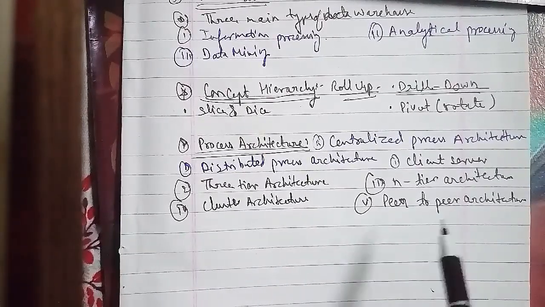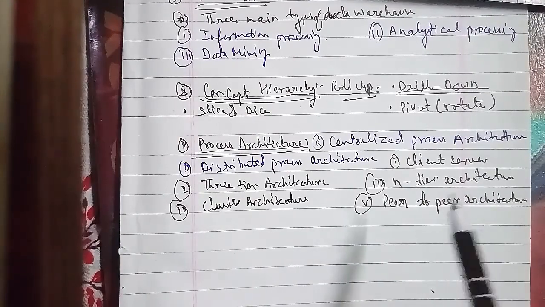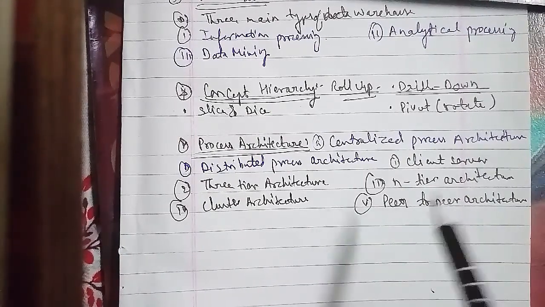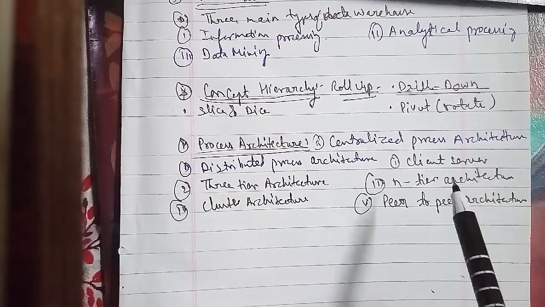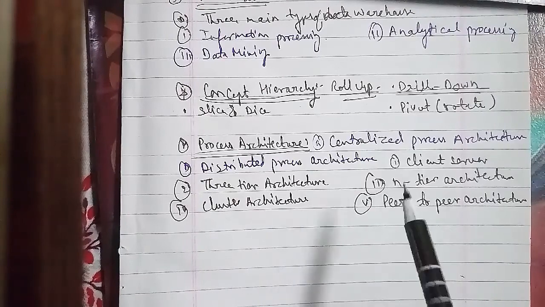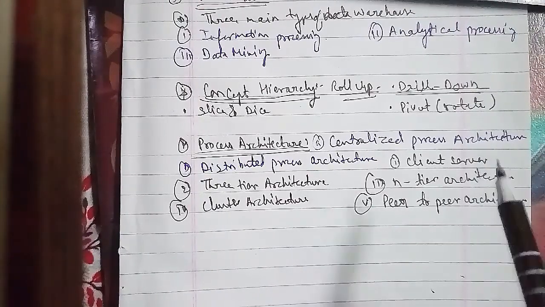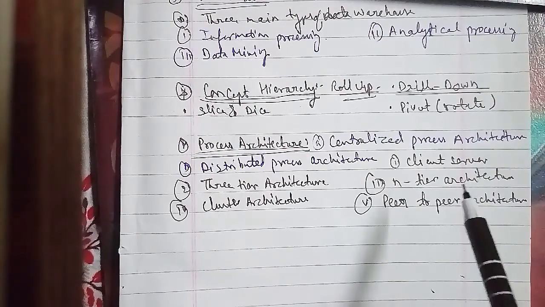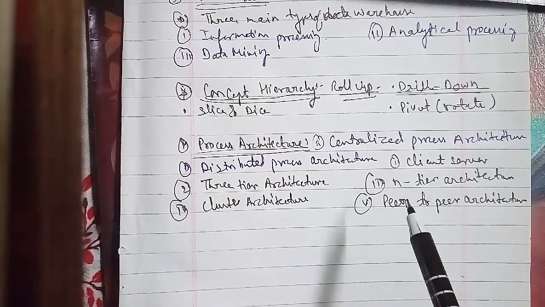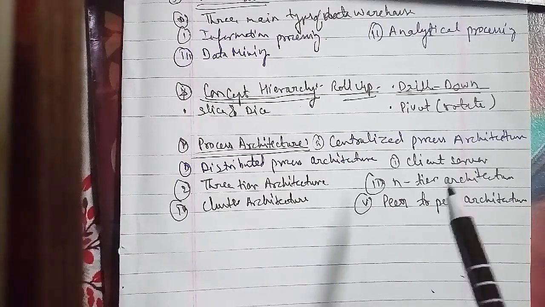Three-tier architecture. If I'm talking about draw and explain the three-tier architecture of the data warehouse model, the same has been asked for 5 marks in one examination, and in another they asked for 10 marks. So the data warehouse has a three-tier architecture that includes the bottom tier, which consists of